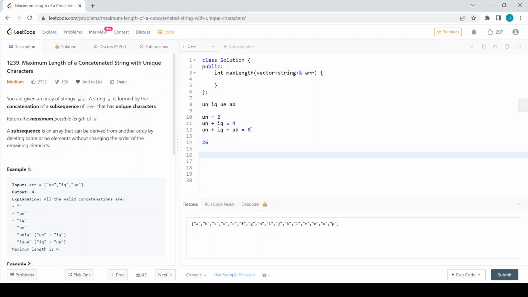We want to go through all the possible ways. We have to see whether it works for all possible ways or not. Without concatenating all possible strings, we cannot definitely say whether this has unique characters or not. So what we can do is initially have a recursive